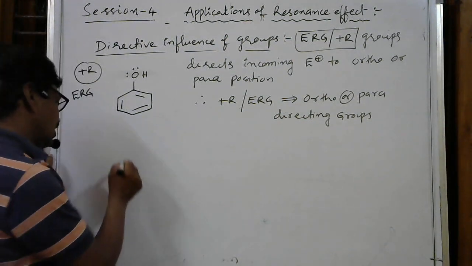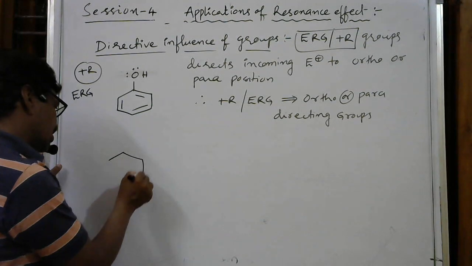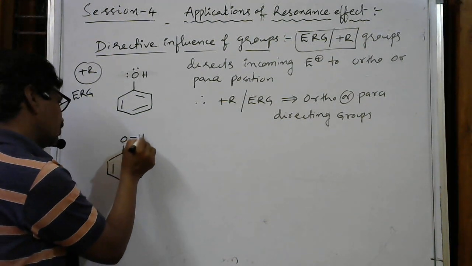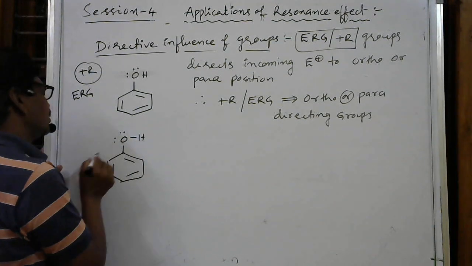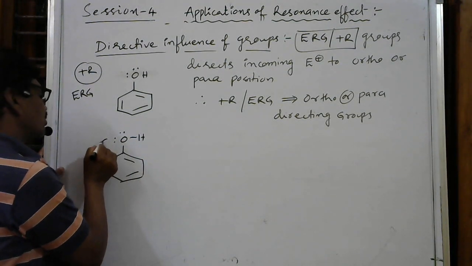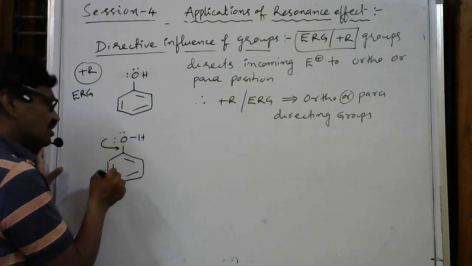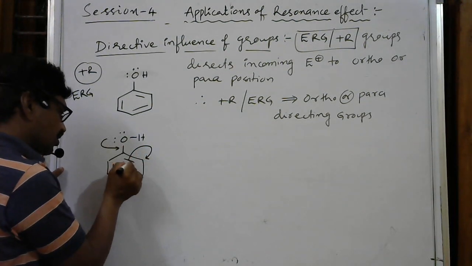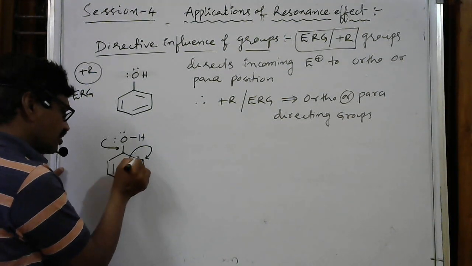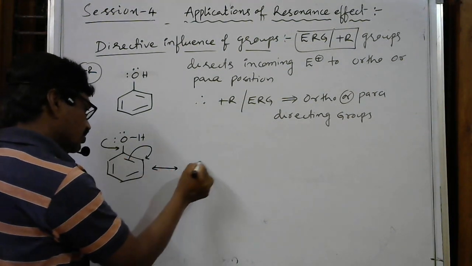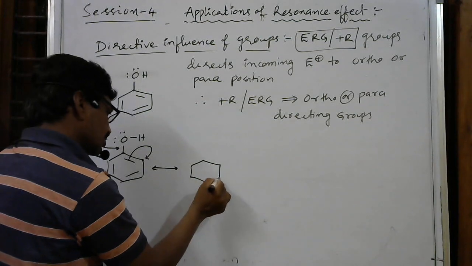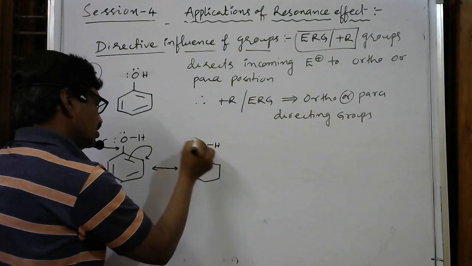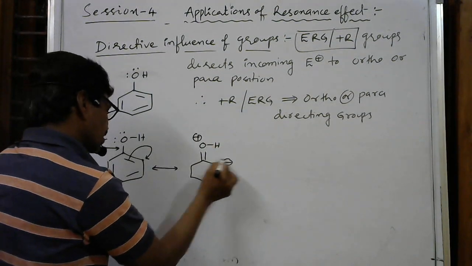See how I am giving it here. Whenever we write resonance here with the OH group, here there are electron pairs. So these are plus R group. So these electrons are coming towards the ring side. Whenever it comes here, this bond shifted from this carbon to this carbon. So here you can write one more resonance form like this. Here it gets the double bond character. Here hydrogen, positive charge. Then here negative charge.